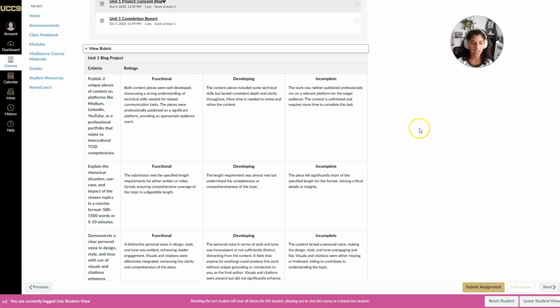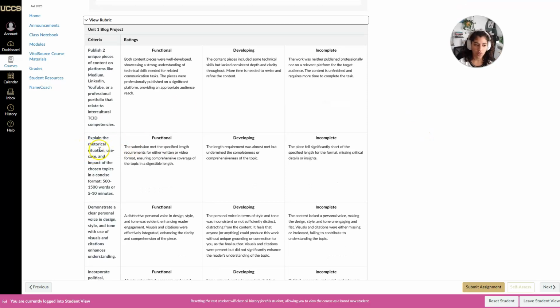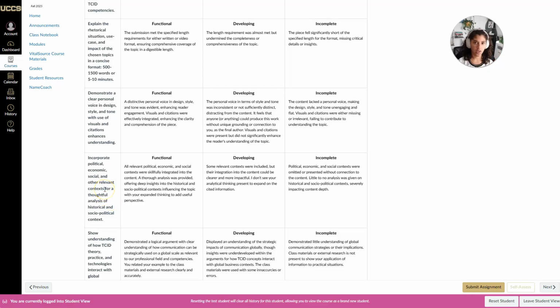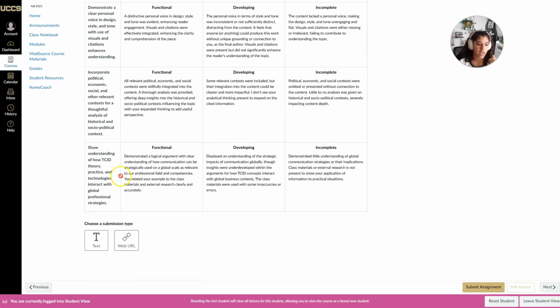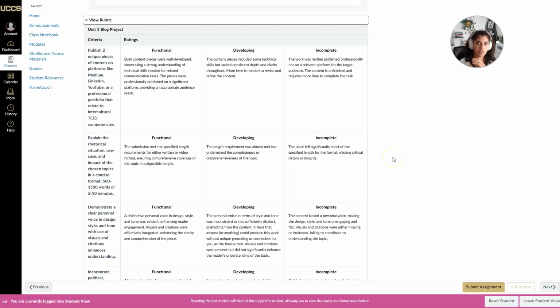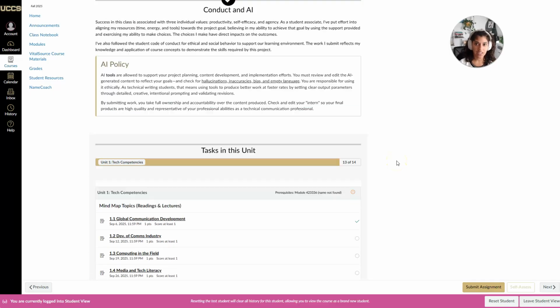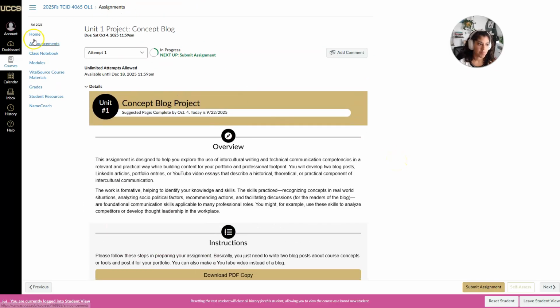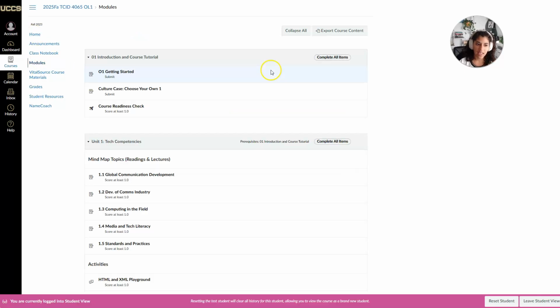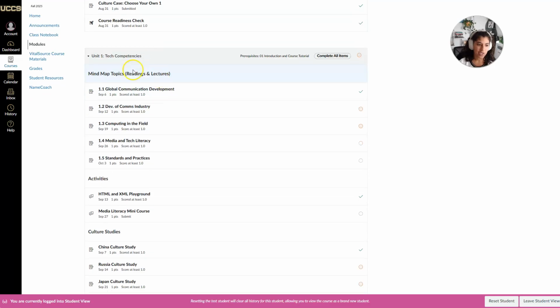As you are drafting and writing it up, just make sure that you are going through and checking these things. Again, listen to the audio of the podcast, or read the transcript of the podcast, where I talk very specifically through each of these rubric areas. But also relax a little bit, and show me that you are taking in these intercultural communication concepts and theories. Dive back into anything that you've read so far, lectures so far, your own external research so far about comm development, our industry specifically, computing and how it's changing our field, media and tech literacy and how it's changing our field,